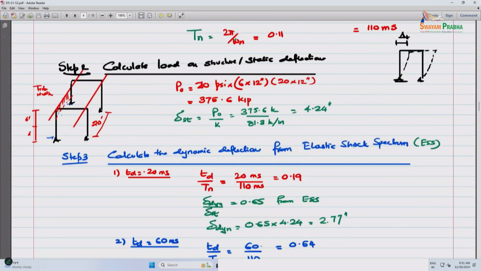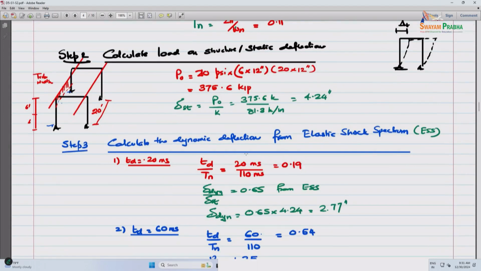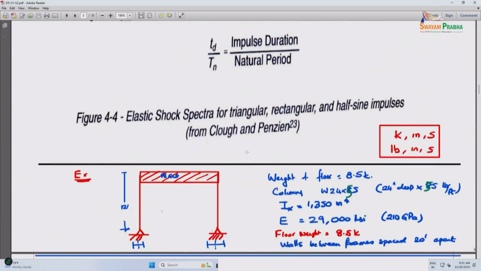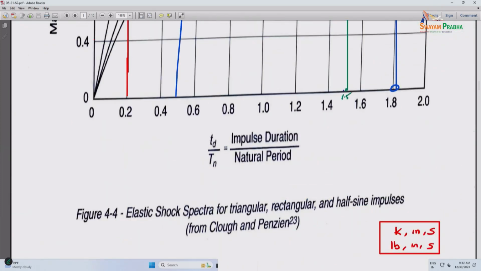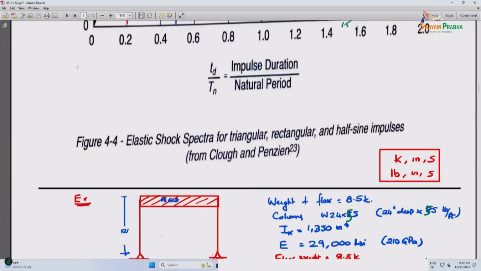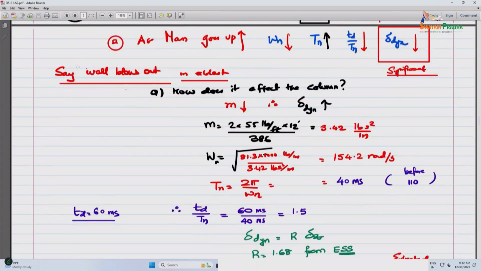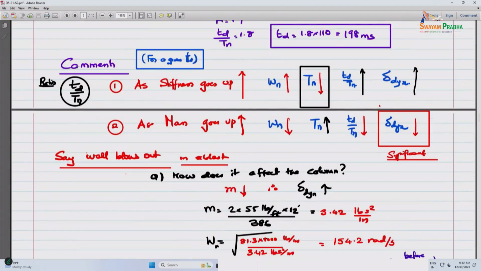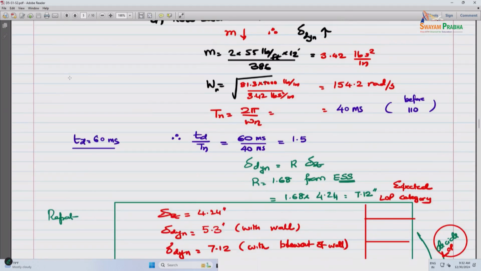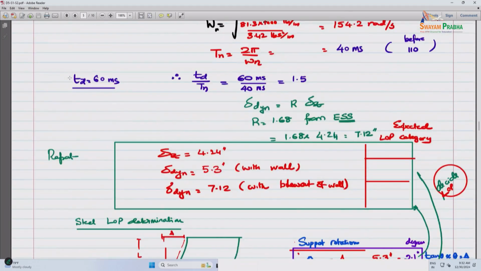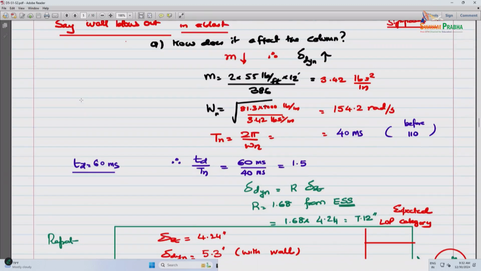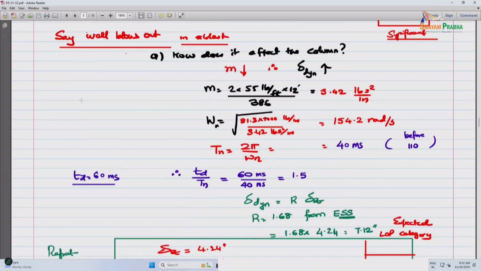This is just to differentiate from what we will do today. This is an elastic shock spectrum. The shock spectrum, once again, is Td by Tn. That's the spectral range, and then the maximum response is the parameter. We looked at an example of Td by Tn and the influence of mass and stiffness, the combination of those two. These were two in the ranges of both impulsive as well as pressure